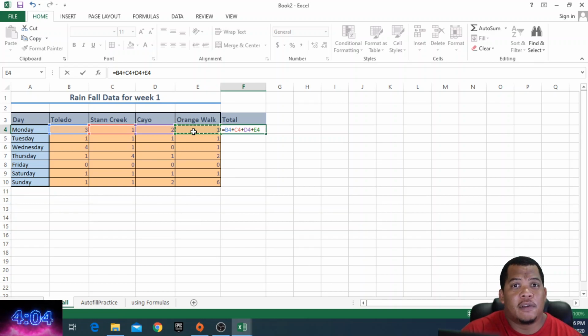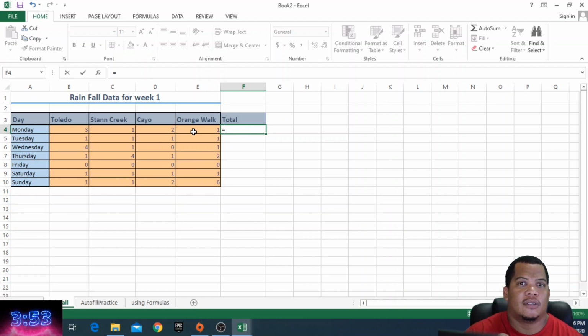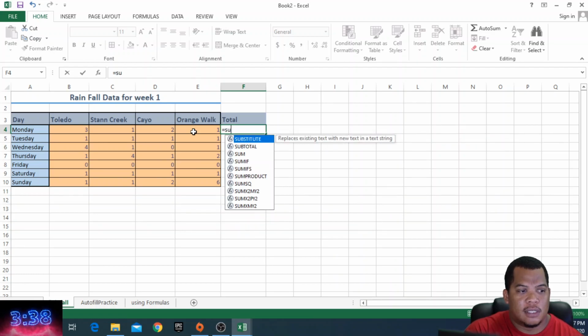But that is very burdensome in terms of writing out data. Now, formulas, I can see where it's useful, and this would give us our answer for that particular area. But with formulas, try to limit it to when you don't have to deal with a range of data. Now, in terms of writing out functions, you write equal followed by the function name. And the first function we'll be using is the sum function. So equals sum,